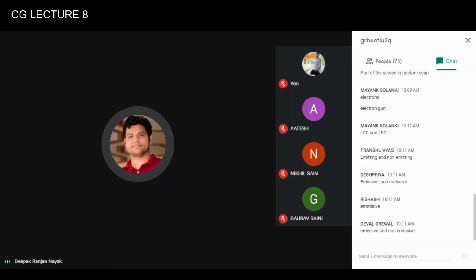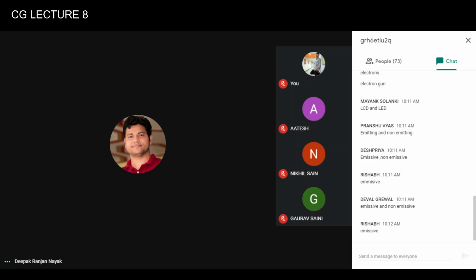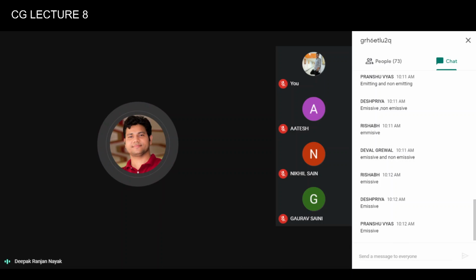So LED is coming under which category? Emissive or non-emissive? Emissive. So then any example that belongs to the non-emissive displays group?